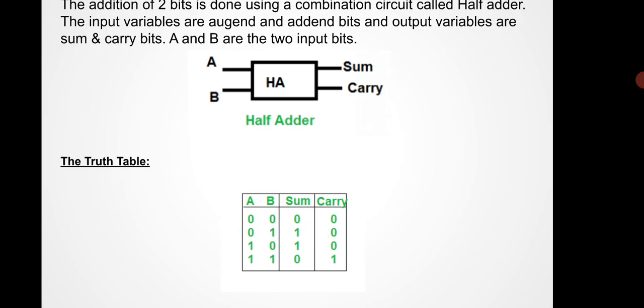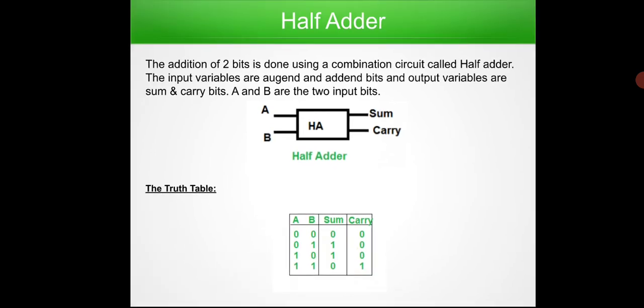So you can imagine that particular truth table using the above circuit. When A is 1 and B is 1, that 1 and 1 is given to the combinational logic circuit. Ultimately sum will be 0. The sum channel will have value 0, and the carry channel will have value 1. This is how you can get the output. That is the actual idea of the truth table as well as that circuit image.